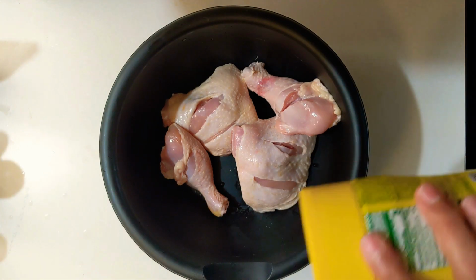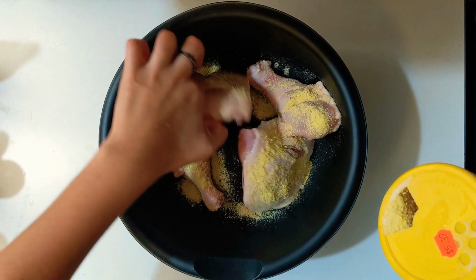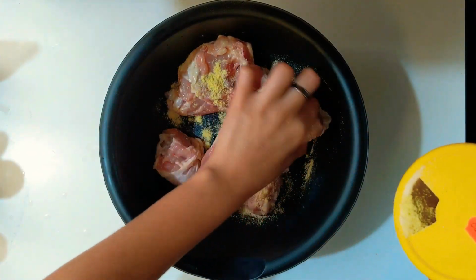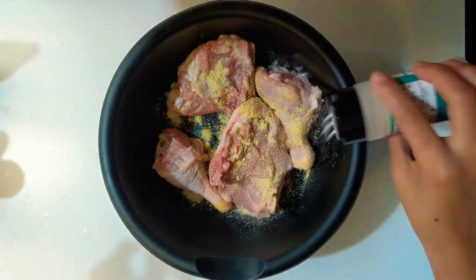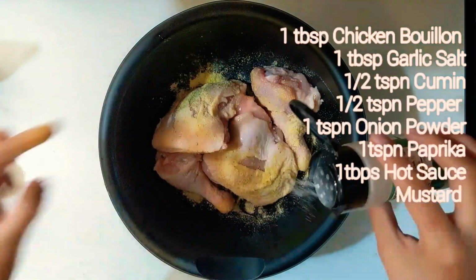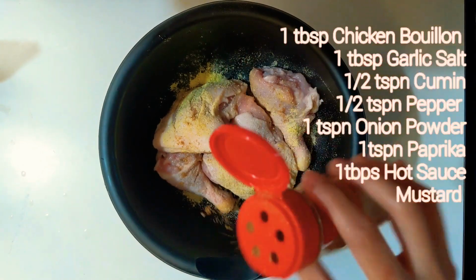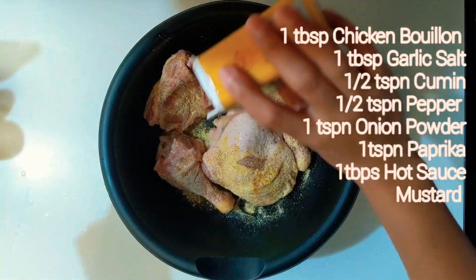And now let us season our chicken. Here I am adding 1 tablespoon of chicken bouillon. This one is my favorite and it is from the brand Maggi. I'm also adding 1 tablespoon of garlic salt, half a teaspoon of cumin powder, half a teaspoon of black pepper,